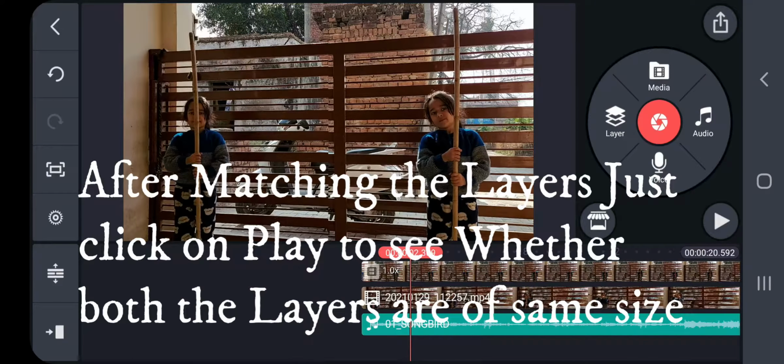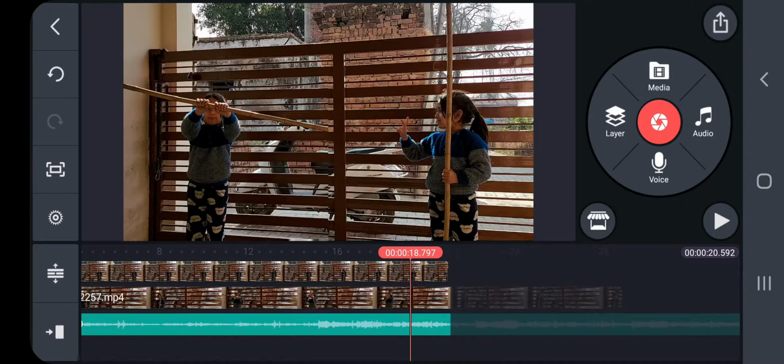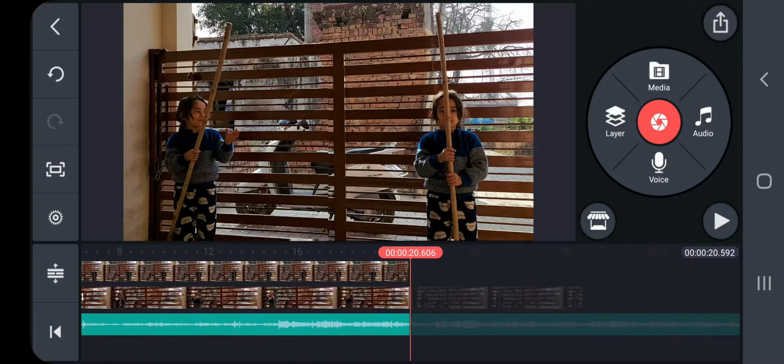And the success for this tutorial is that your camera should not move here and there. Camera should be in one place only. Either you can place it near the wall. Don't hold it in your hands. Don't let anybody hold the camera in your hand and then you can have your shooting. No, you have to place it somewhere.